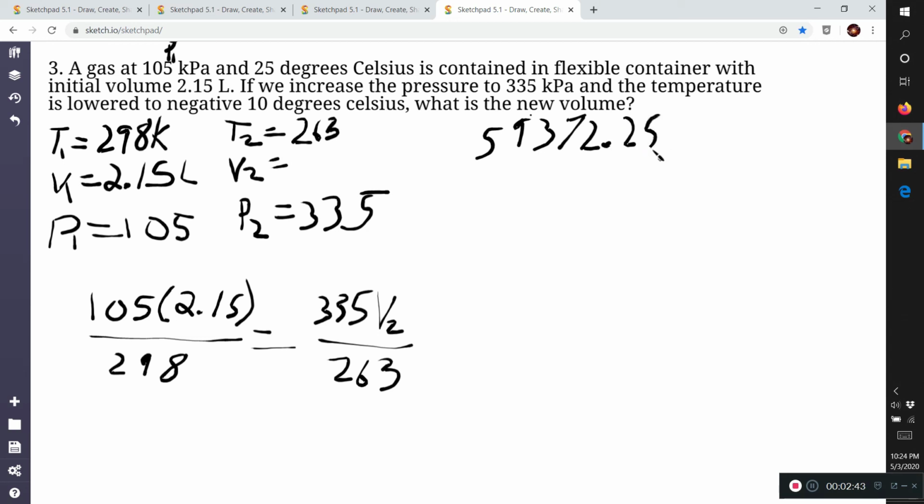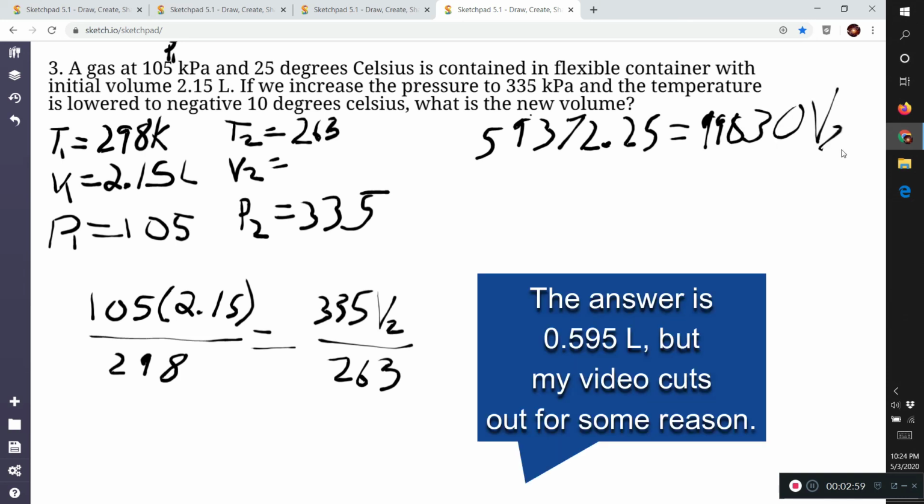And that is going to equal, we're going to multiply 298 by 335 V2, and we get 99,830 V2. So we divide both sides like in algebra, and we're going to get a second volume of